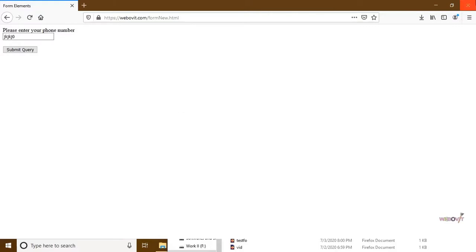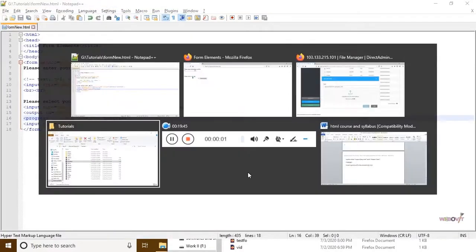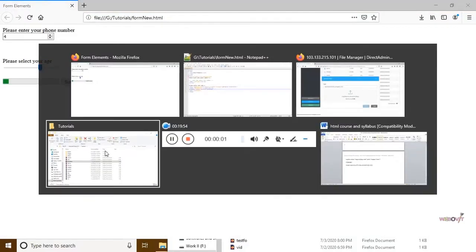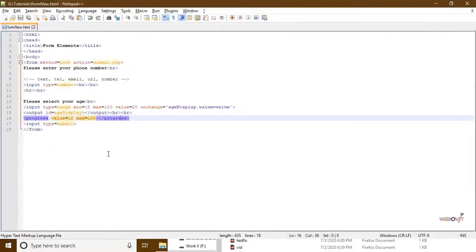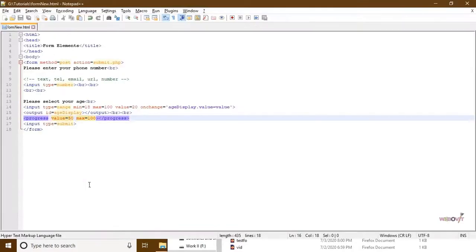We will close the online edition. Then we will open here. Now the progress bar is available, shown at 10. Okay, I can increase the value of this one: 10, 20, 30, 40, 50, 60, whatever I want. 50% will look like this. Generally, the value of the progress bar is managed through JavaScript, which we are going to learn in the future.